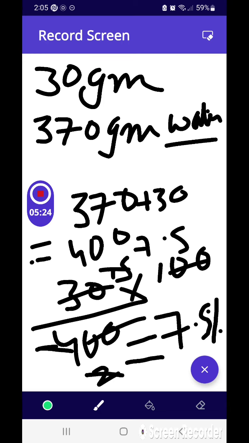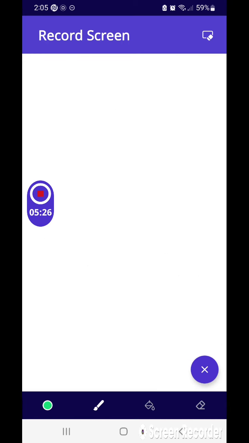This was a very easy question. It was a direct question to you all. Now let us take a question which is a little bit twisty. What amount of water should be added to 150 gram of 20% weight by weight of aqueous solution to make its concentration 5% weight by weight? So first we have to understand the question to give the solution.